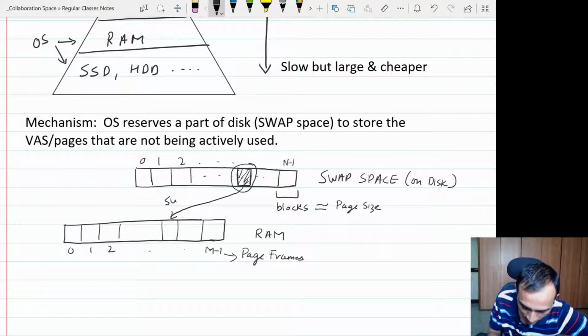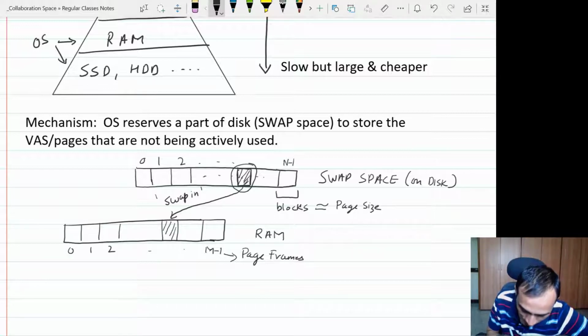To swap in, it has to find an empty slot here. If there is an empty slot, then it can easily bring the code in and place it there. But if there is no empty slot, because as I said memory is smaller, so probably all the memory was already being used and there was no frame left,